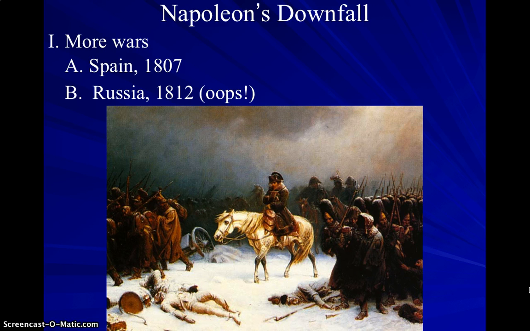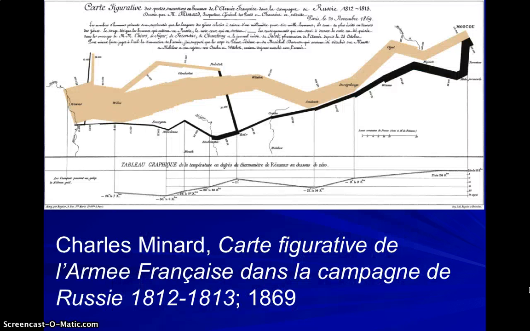He didn't really count on how long it would take him to go from the west to Moscow, nor did he count on the brutal, apparently even more brutal than normal, winter that took place. It's best to look at this actually in graph format. And Charles Minard, in 1869, created what's called the figurative chart of the French army on their campaign into Russia. And what this chart shows you at the top there is the beige color. This is a graphic showing you distance and the amount of people who are part of the